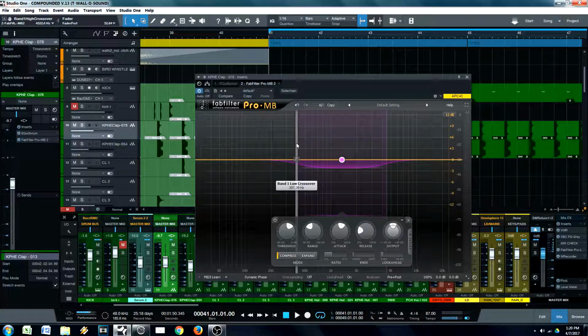Actually, the best way to think of this, the way I'm using this multiband compressor, is as a selective EQ. What that means is that instead of having an EQ that's always taking away 2 dB of volume,